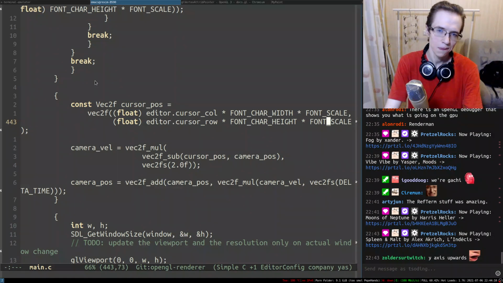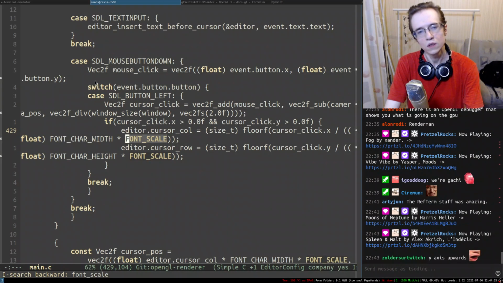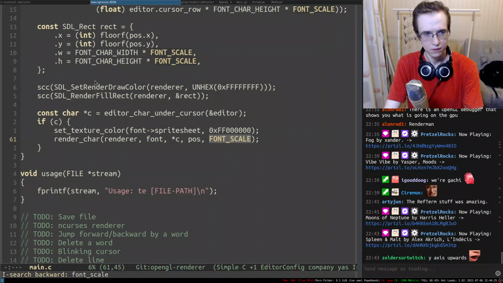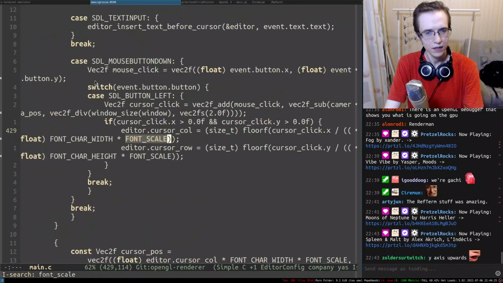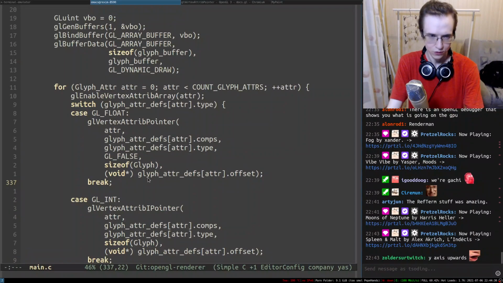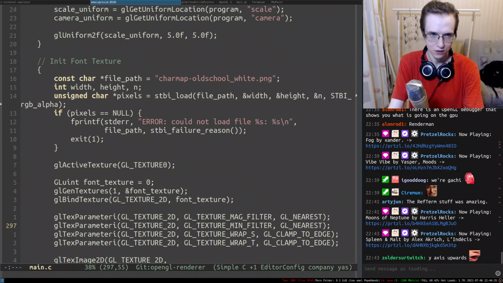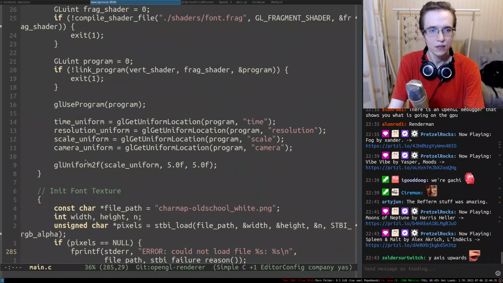Font scale. I don't think this is a correct thing to have. So we have a slightly different font scale. Yep, I see what's going on. We have a hard-coded font scale. So maybe the first thing I need to do is specifically set the font scale to be the one that we had coded initially.